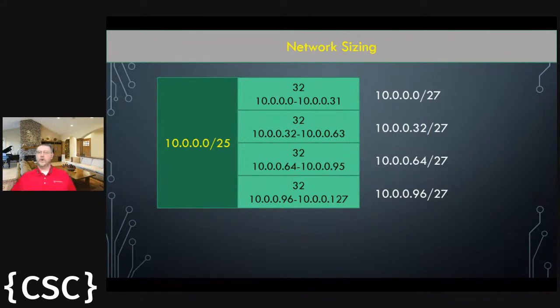So why would I even do this? Why would I take a network and split it up into multiple subnets? The main reason we do that is so that we have a purpose for the subnet. So when I have my devices, again, I need to understand how many devices I think I'm going to have in each of the subnets. And you do have to kind of forecast a little bit and think ahead, especially in the cloud, because it's harder to fix things if you undersize something.